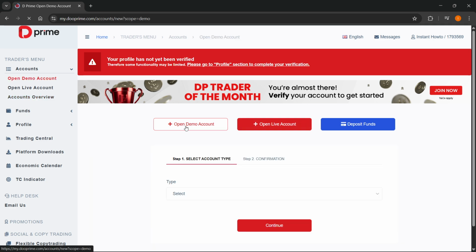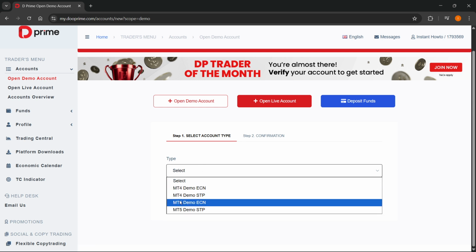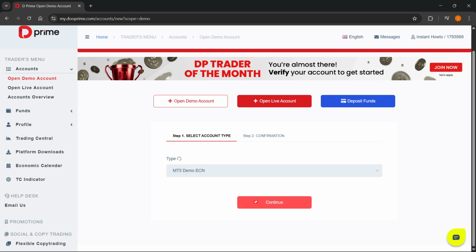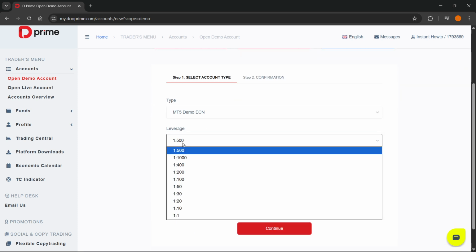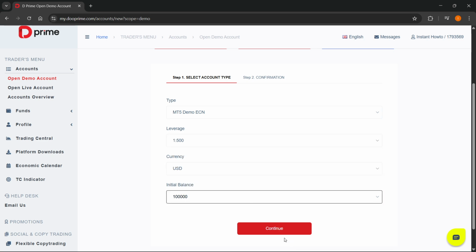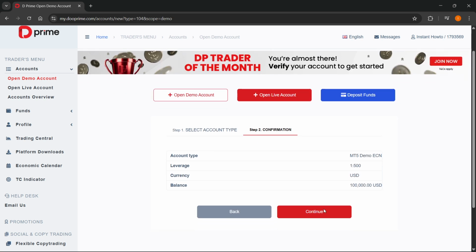So just click on that and from here select your account type. I'm going to do, of course, MT5. You can do whatever you want, either MT4 or MT5, ECN or STP account, it's up to you. Press continue, and then here you'll be able to select your leverage, your currency you want to use, as well as your initial balance. Press continue again, and if everything looks fine on the confirmation page, press continue again, and